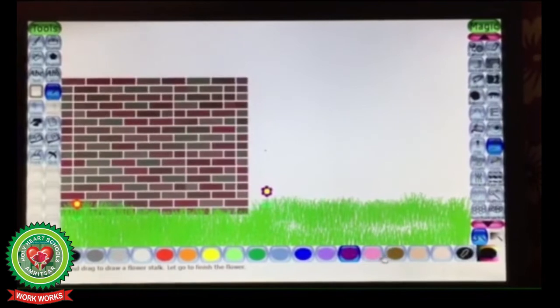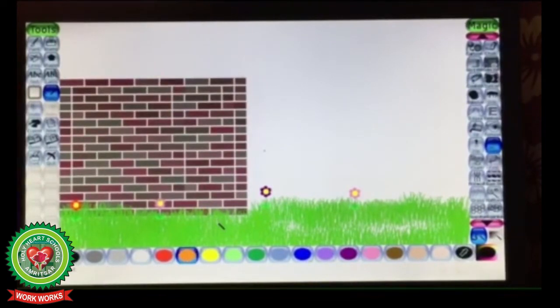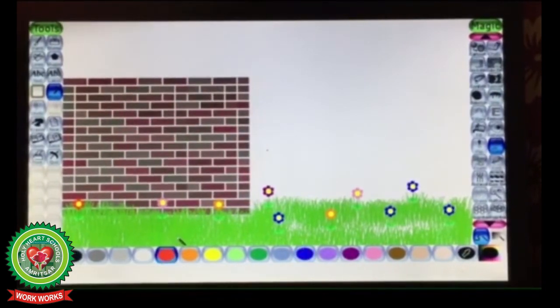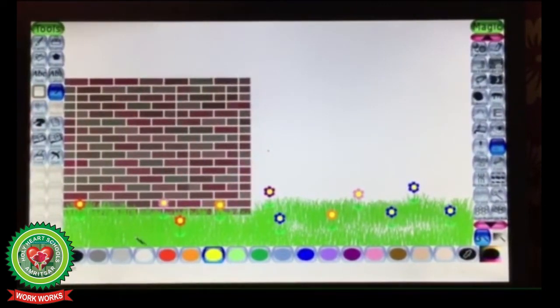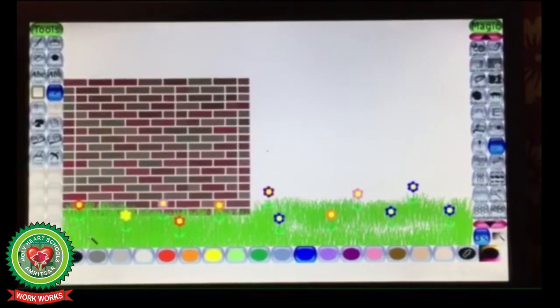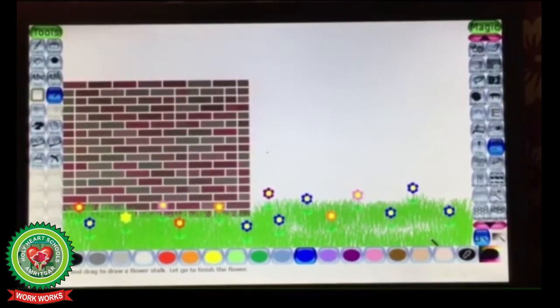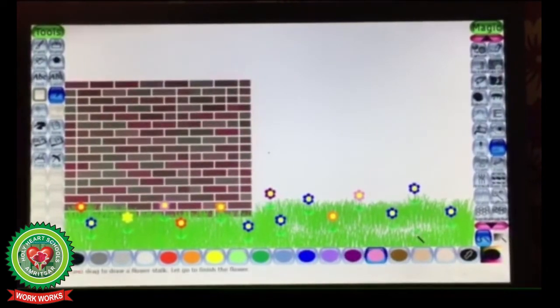This is the ready-made option to insert flower in your drawing. In this way, apply flowers to make beautiful drawing.